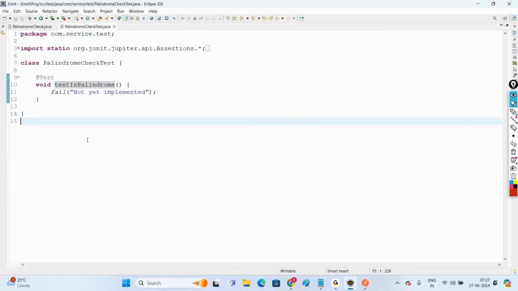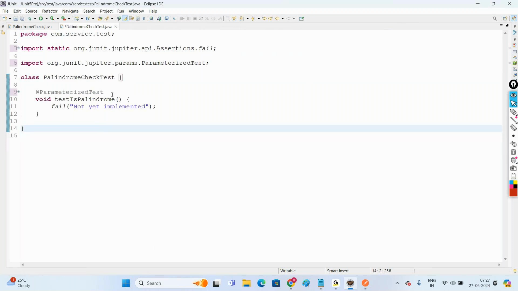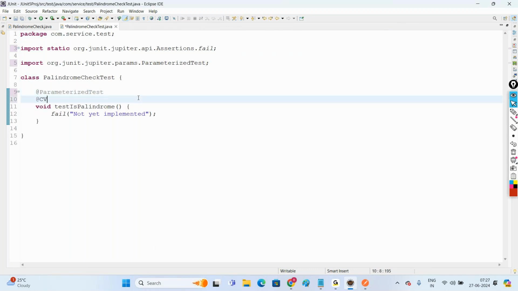That's it. Now come to this method. Here we want to apply what? For this method, I want to go with a parameterized test. So go with the annotation @ParameterizedTest. And to this method, we want to pass some arguments. Then here we go with the annotation @ValueSource. In ValueSource, the source values are strings equal to